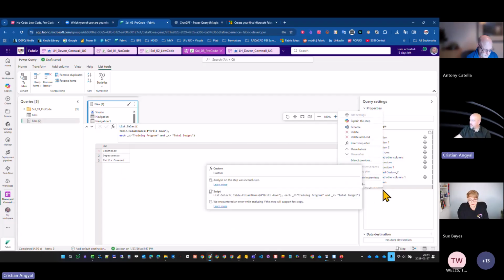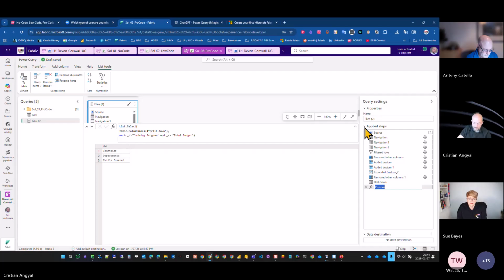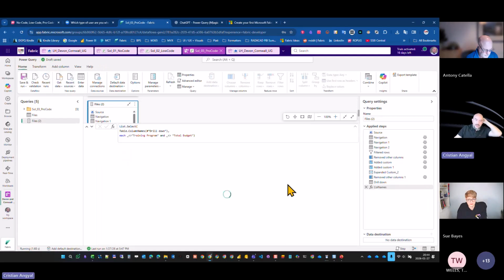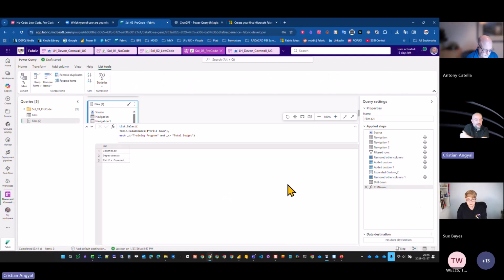So let's rename this step. Call it column names. And come back to the steps that we did before with the repeated steps that we needed to do. There is a function in Power Query that can be used here, a list.accumulate. So let me write a new step here and do it. Insert list.accumulate